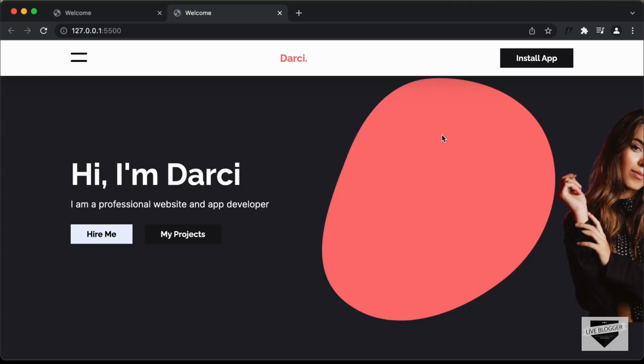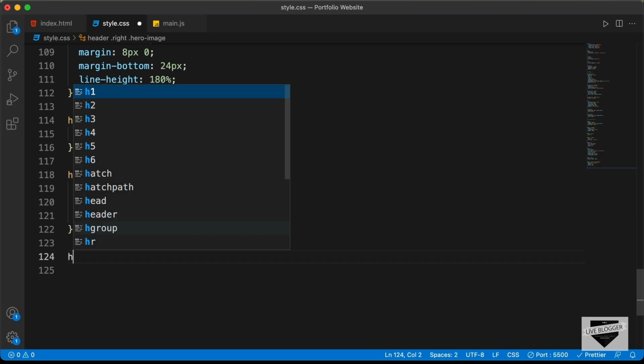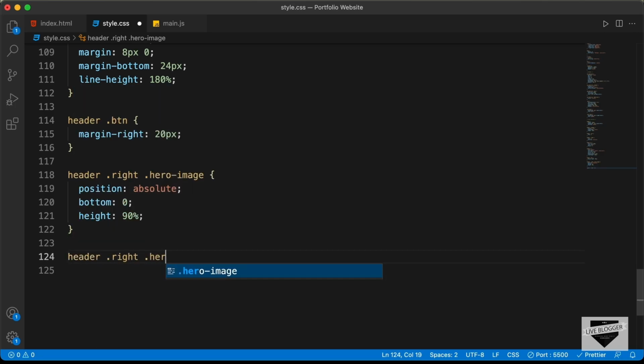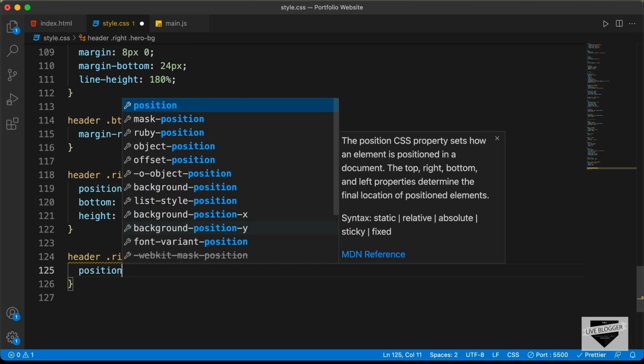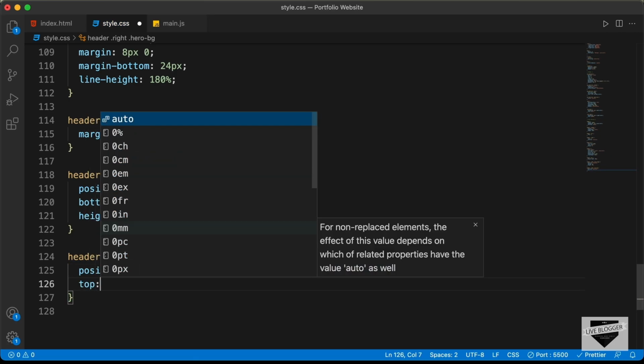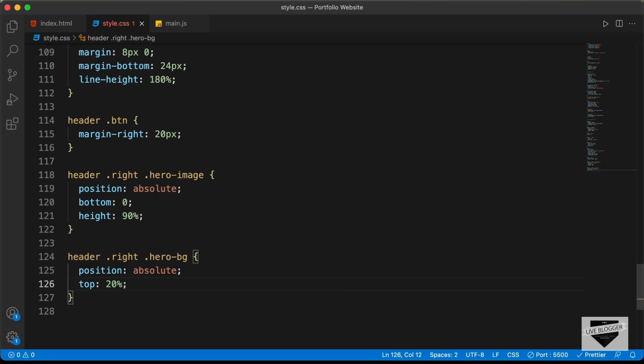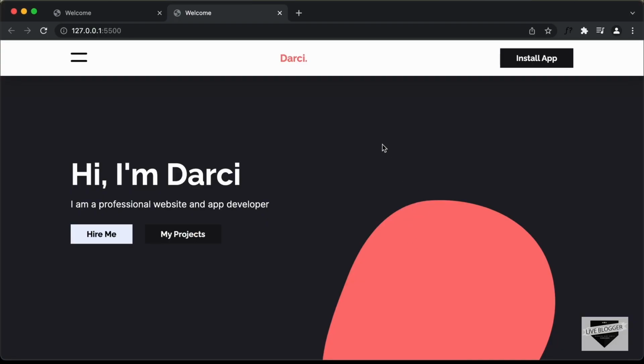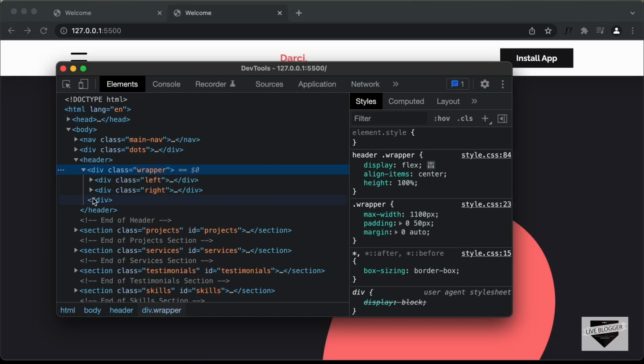Alright, now let's target this hero BG. So let's type header right hero BG, and let's set the position to absolute, and we'll set the top position to, let's try 20%. And now we can see that the hero image is not being displayed. So let's check what is the problem. I'll just right click over here and click on inspect, and let's go inside the wrapper and inside the right